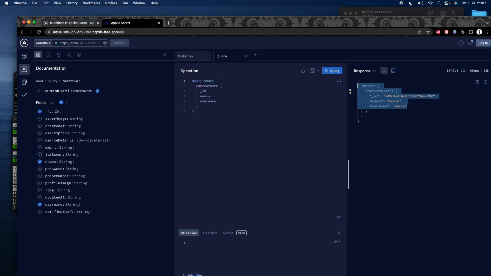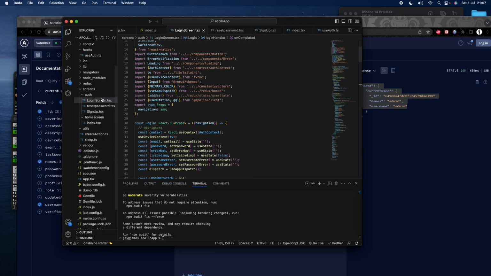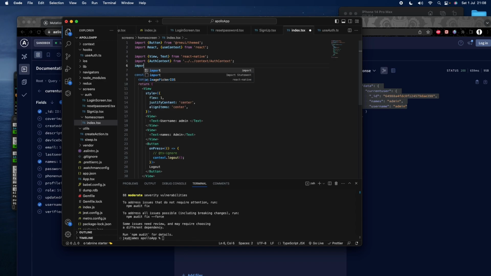Okay, as you can see, it has actually given me the username and the names, the specific things that I need. So we'll copy this, then we'll go back to here, then we'll go to that screen, the home page. That is, for now I'd actually manually written them. Then we'll do the same. I'm going to import something from